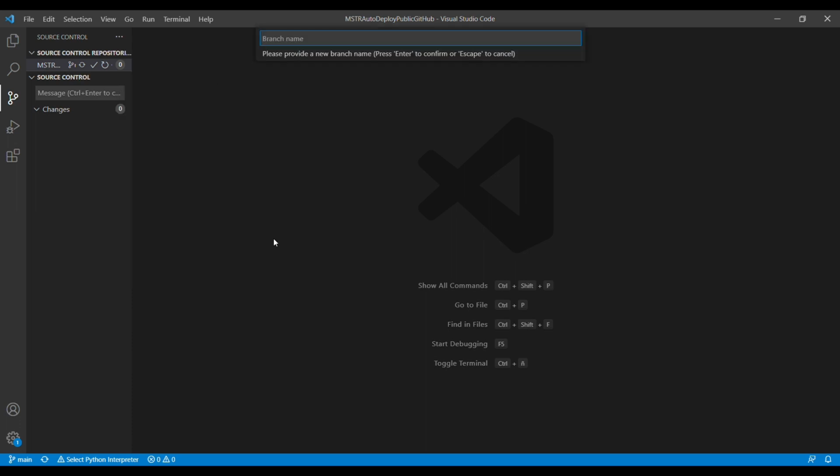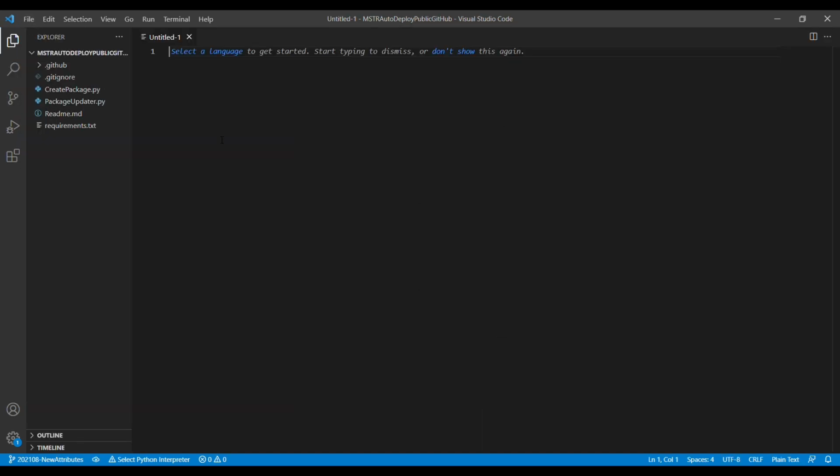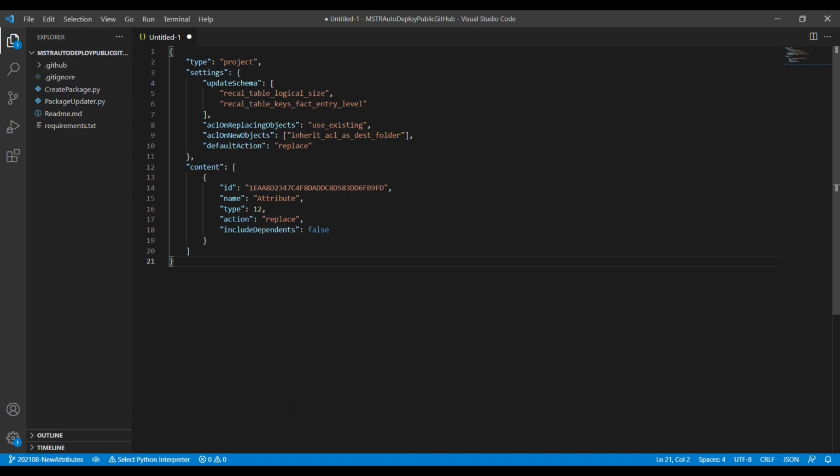Back in Visual Studio Code, I'm going to create a branch in my repository. Like I said, each branch will represent a different package deployment. And here in this branch, I'm going to be adding a new file. In this case it is a package configuration JSON. And here what I'm telling MicroStrategy and the REST API is all the different objects that I want to deploy in my